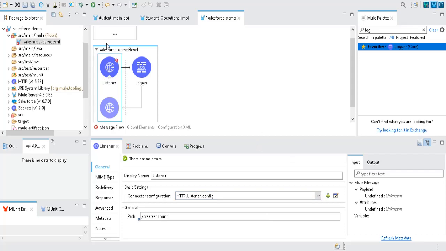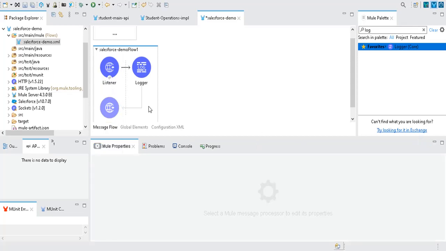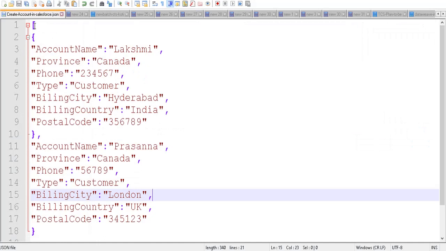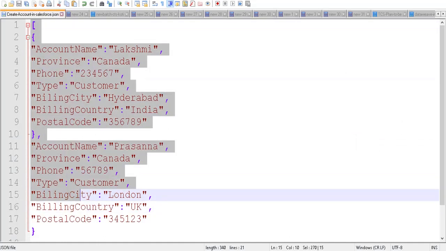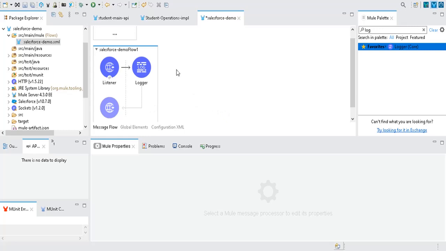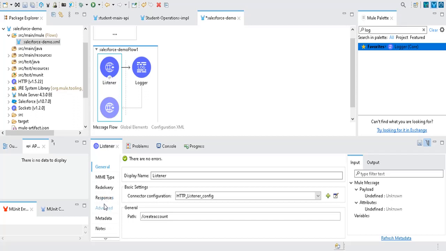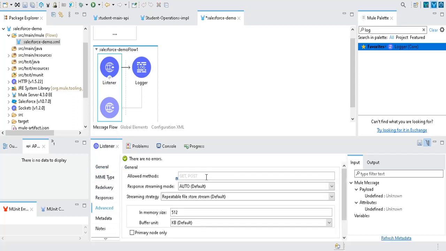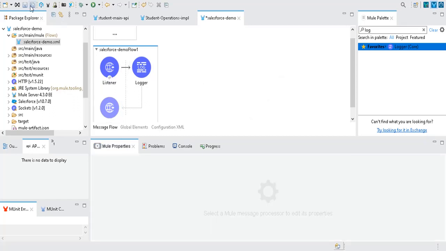Okay, and one more thing you need to change here, as we are going to send this data by using Postman. So in order to accept that Postman body, your HTTP listener should be configured to accept the post requests. So to do that, you need to click on this HTTP listener and go to this advanced tab. Here just give the post method, so that while testing this flow, you need to select the post method in your Postman while testing it. Then you need to provide that data.